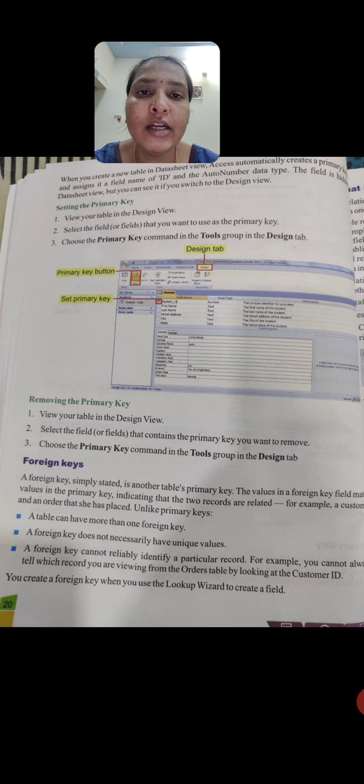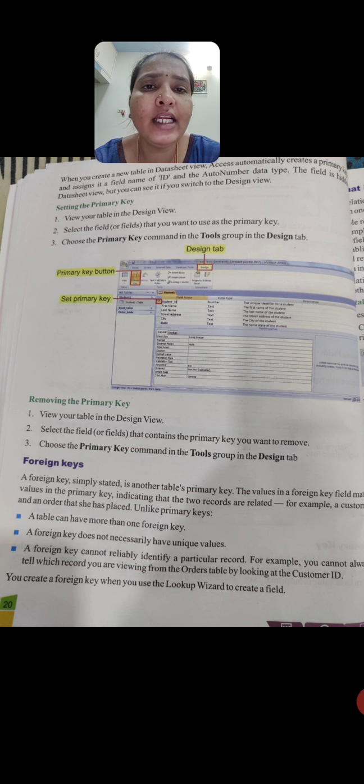For example, consider the roll number, which is given to only one person: one, two, three, four, five, and so on. We can also add fields like name, address and so on. Student 1 will be in a class only with roll number 1. No person will have the same roll number; that means no two persons in a class have the same roll number. So the roll number becomes the primary key for the table called student 1.